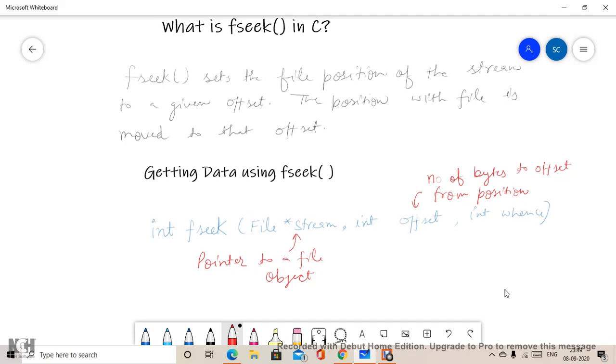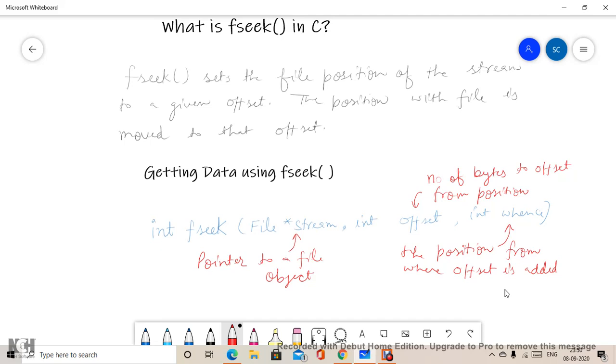This whence is the position from where the offset is added. So for this fseek function, the file pointer we have already covered, and of the rest two arguments, one indicates the offset, meaning how many bytes you want to move from a particular position, and whence represents the position from where the offset is added.